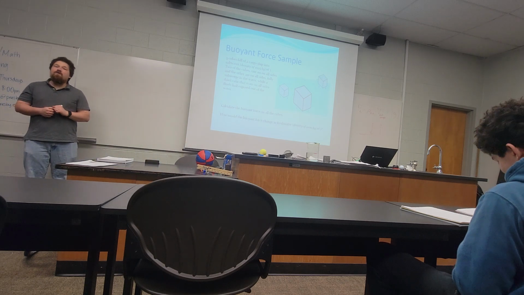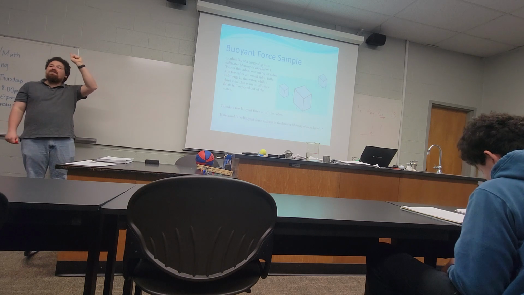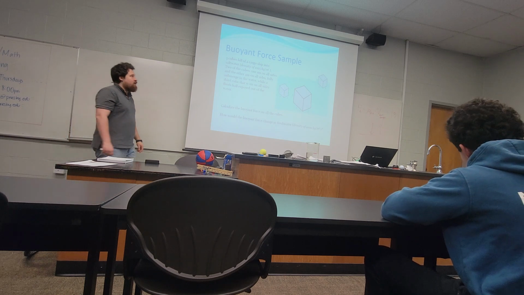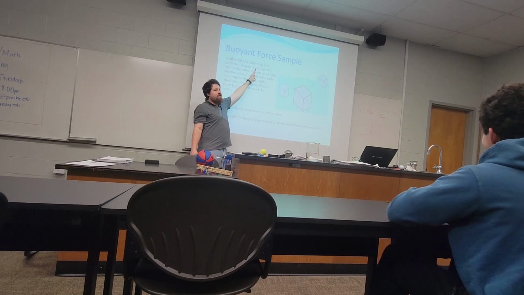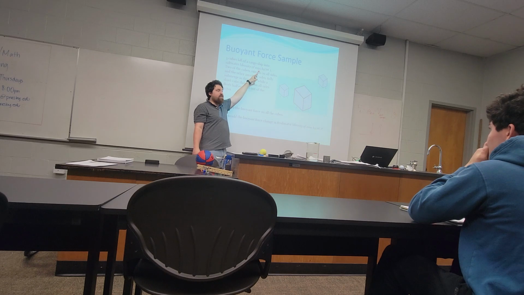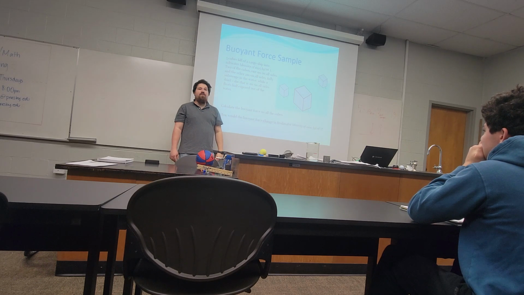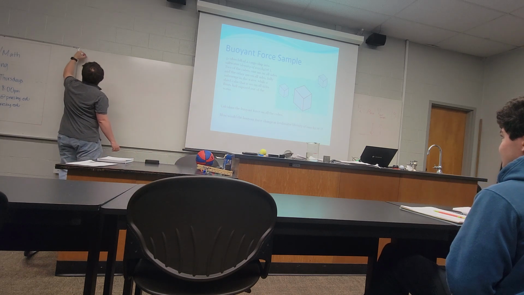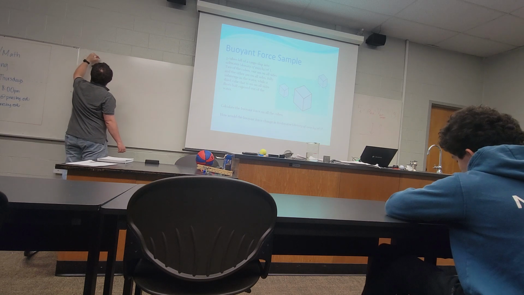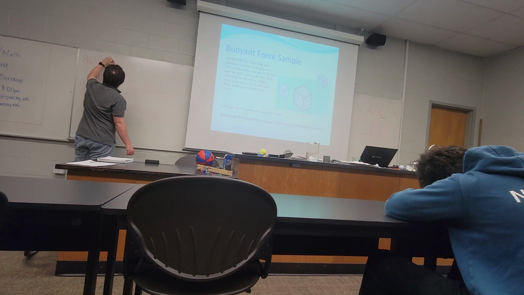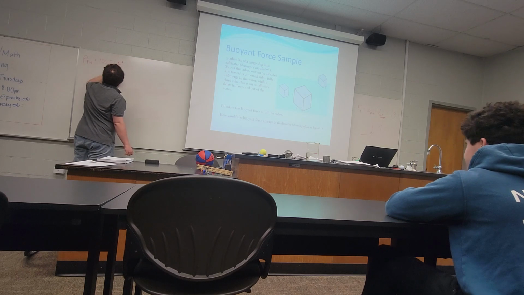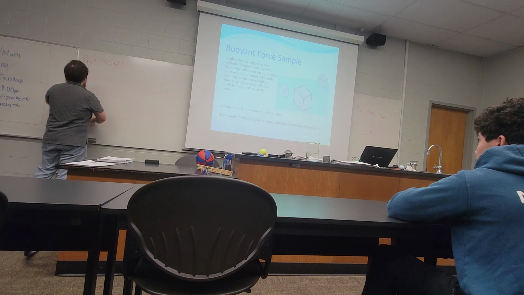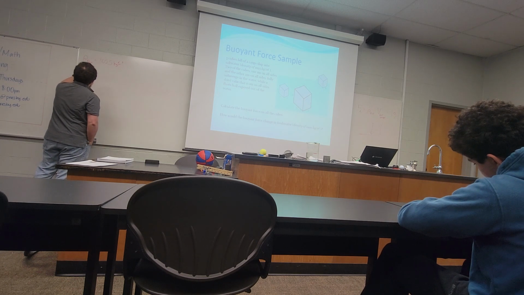To do that, we need to know, according to the formula, 1, the density of the fluid they're floating in. Since this is the ocean, we're going to treat it as salt water, which is slightly denser than fresh water. Fresh water is 1,000 kilograms per meter cubed. Salt water is 1,025 kilograms per meter cubed. So, density of the fluid is 1,025 kilograms per meter cubed. And we have 3 objects. Volume 1.